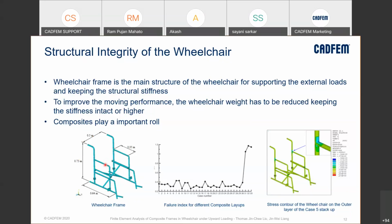How will a wheelchair's frame deflect when a person is sitting on it multiple times? What will be the life of the wheelchair by doing a fatigue analysis? So different kinds of analysis can be done in order to understand this, and then we can also do vibration analysis,